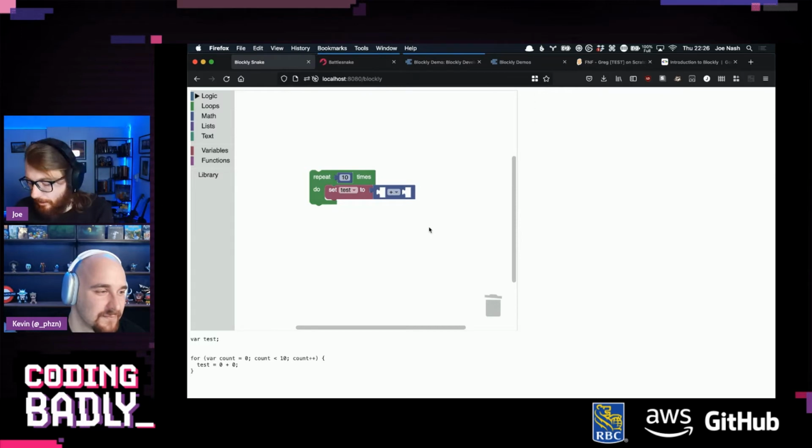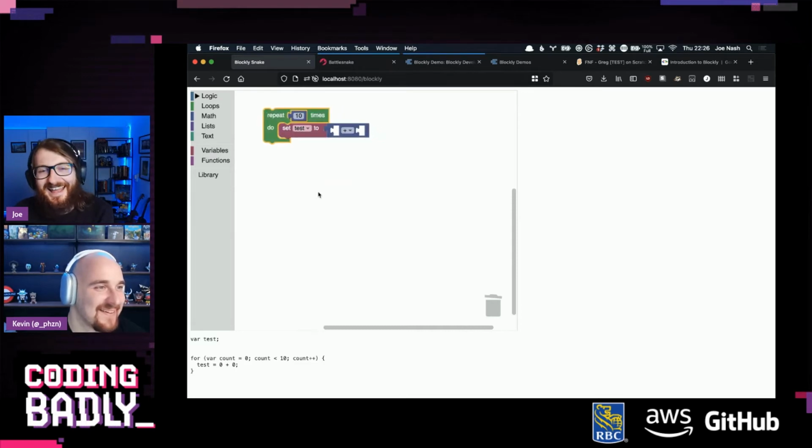The way that code generation works in Blockly is actually pretty cool and interesting. Abdul's here trolling you about your keyboard, Kevin. I'm not ignoring it. So how does this JavaScript get here? How does that work? This is XML.